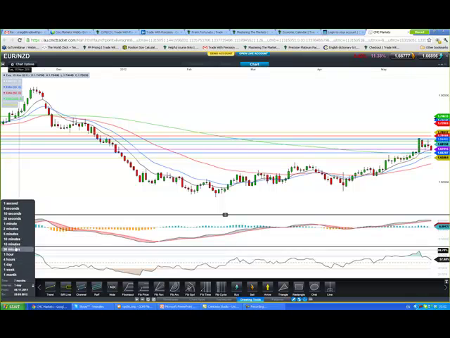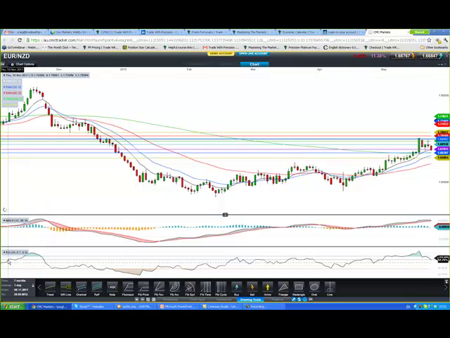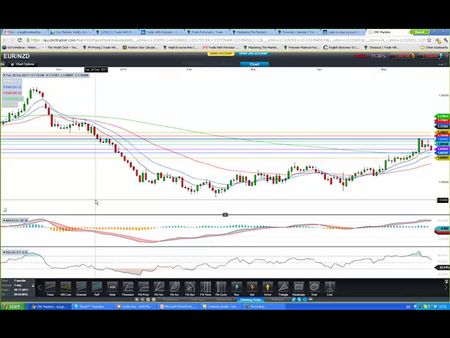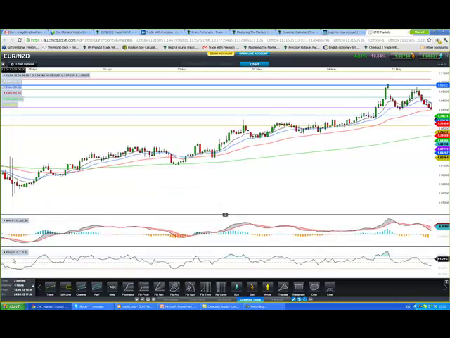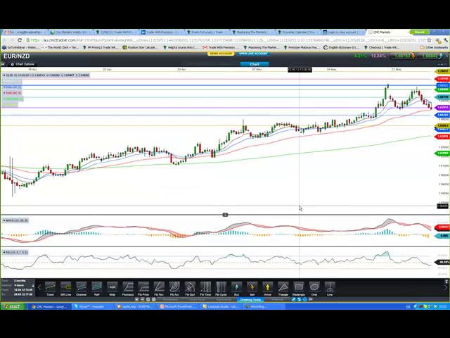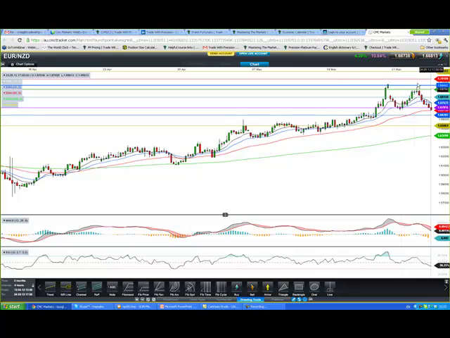Now, if I come down to, say, the 4-hour chart, there we go. What you can see here is what a lot of people would call a double top. Mind you, this isn't something that was prepared earlier. I knew the level of Euro New Zealand, I was going to point out 1.7, but this is just reading the charts as we see them. As this level gets broken down here, that's a trend reversal, and we're very close to that now.